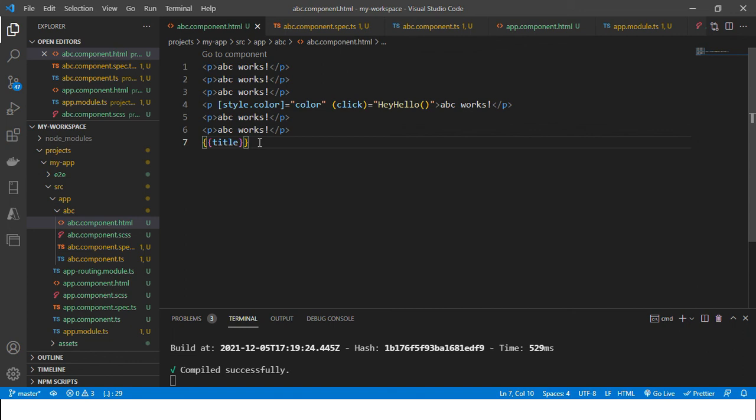Standard HTML means we can easily update our presentation logic, which makes the template very easy to update and maintain. We have also learned about interpolation, attribute and property binding, and event binding.